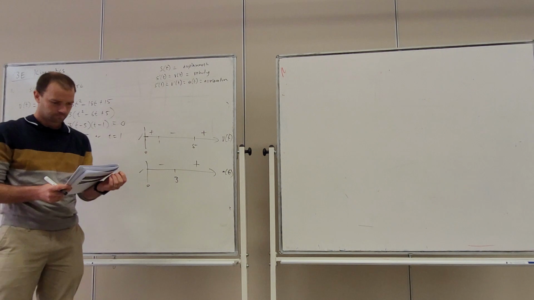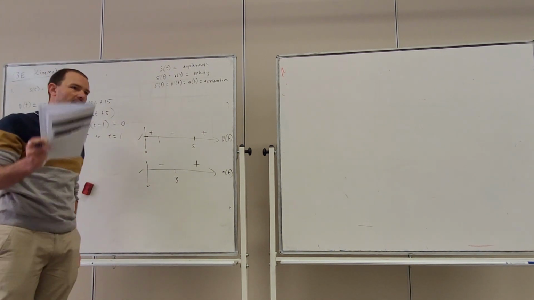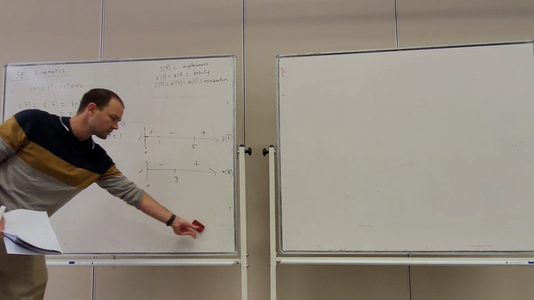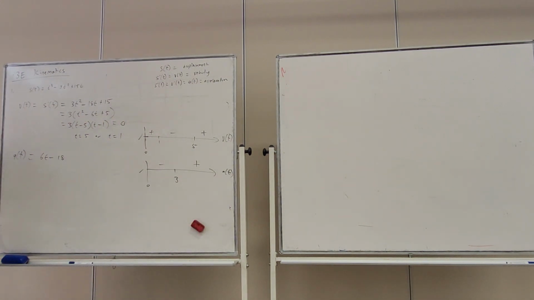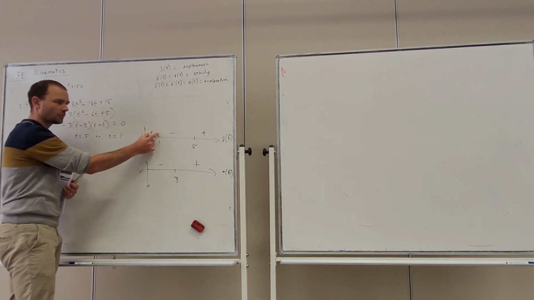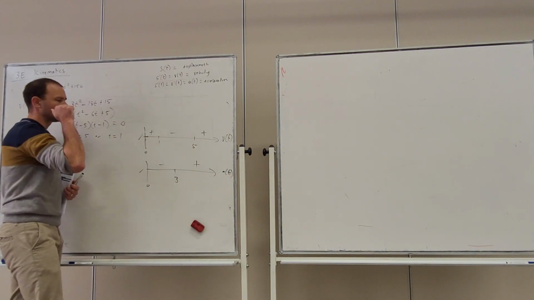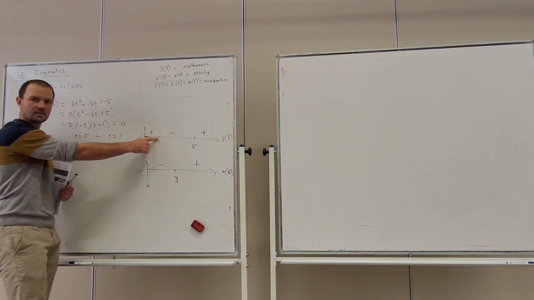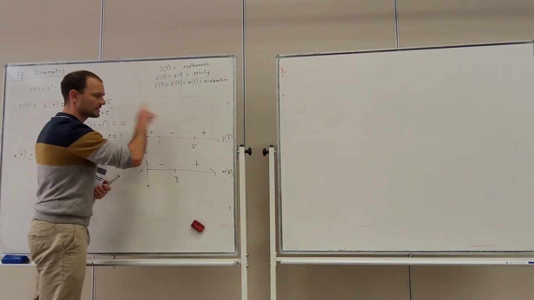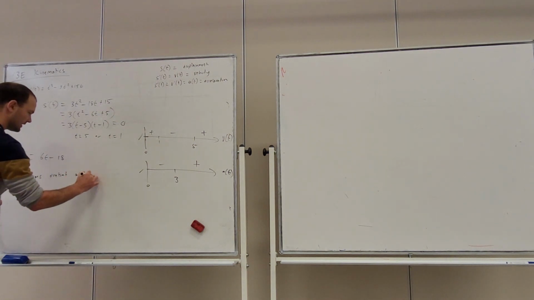Okay, part B. Find the position and time when the particle changes direction. Okay, so it's changing direction, right? Remember, this velocity diagram tells us that. It's moving to the right and then moving to the left. Positive velocity, moving right, negative velocity, moving left. So it changes direction when time is 1, and then it's moving to the left, it starts moving to the right at 5. So to answer part B, changes direction at t is 1